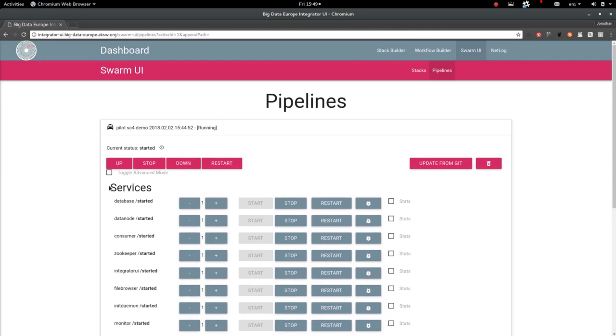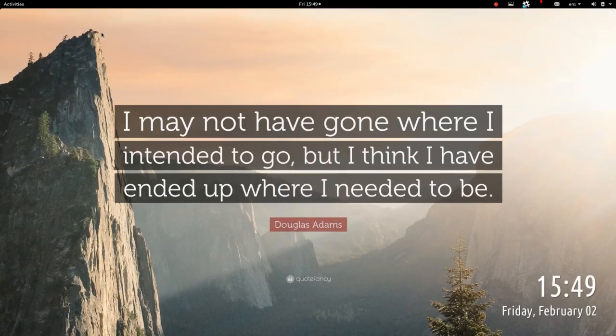Okay, so now the pilot is running as is, and to recap, we started it with the Big Data Integrator. It was just cloned from the GitHub webpage. If I would now go, I will just open a new